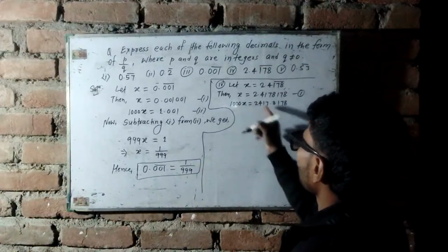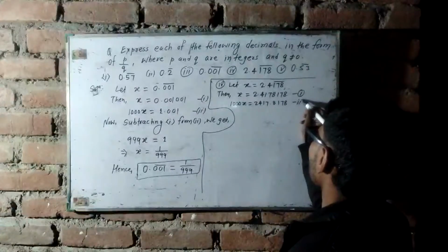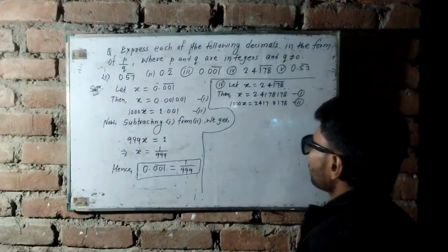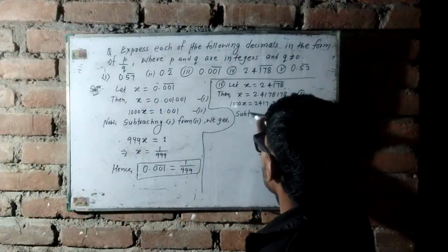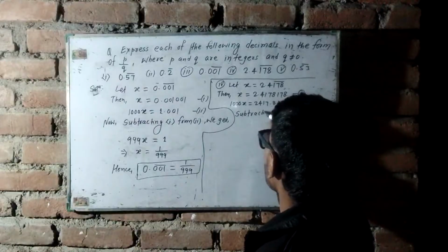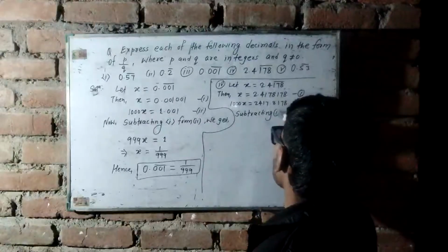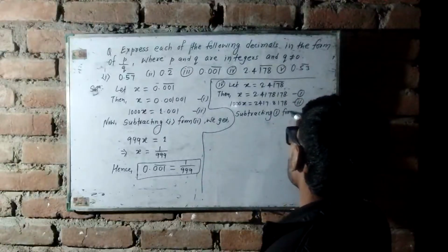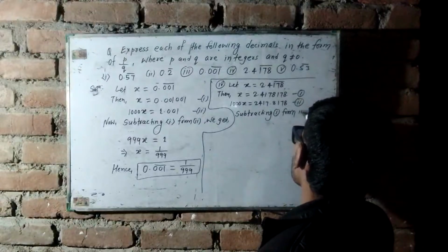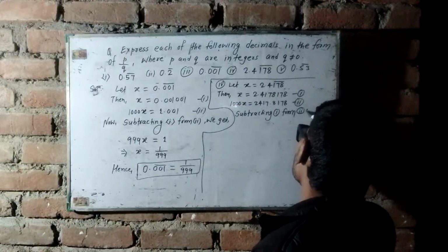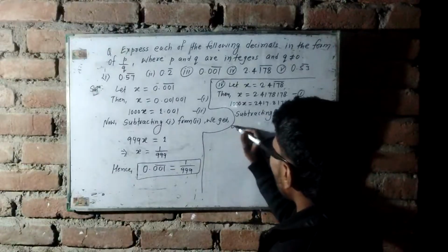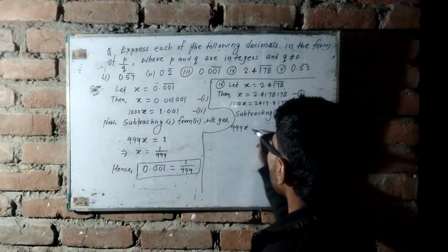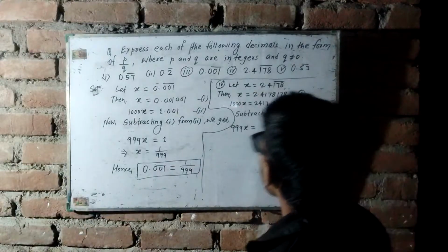Let this expression be equation second. Now subtracting equation first from equation second, we get 999x is equal to